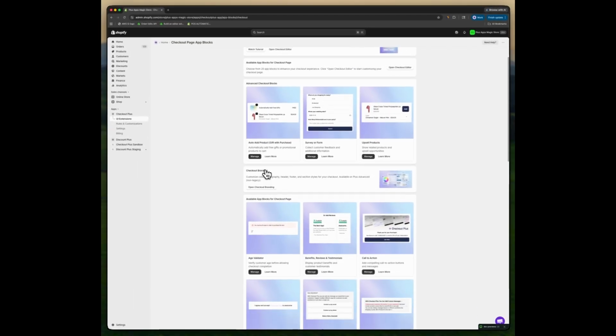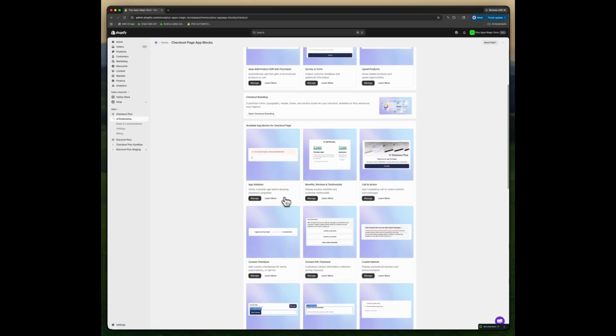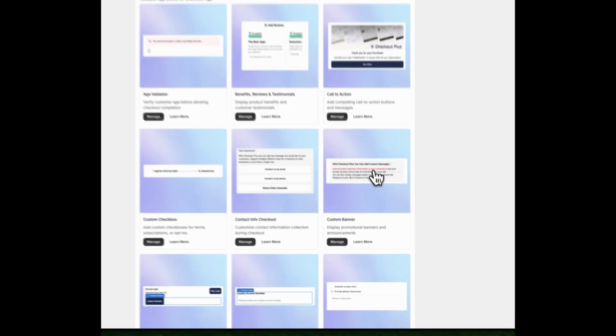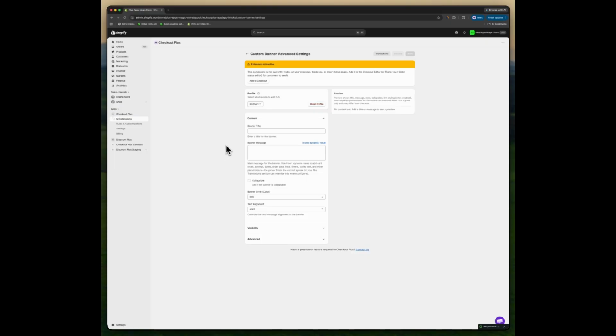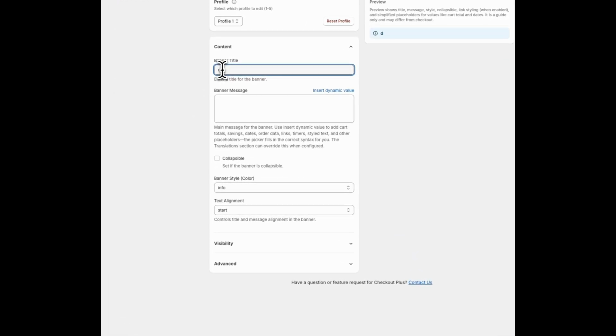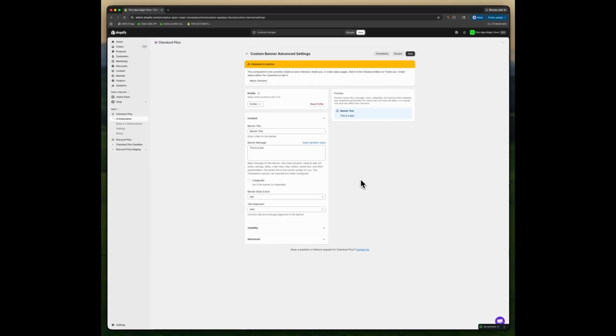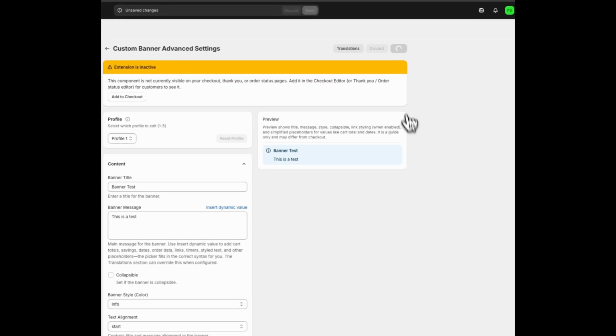So in this example, I'm going to go through a checkout customization translation, but it's going to be the same for all three. So in this example, I'm going to translate a custom banner message. In the settings of the custom banner message, you're going to want to set up your initial settings of the custom banner message if you haven't already. So go ahead and give the banner a title, a message, and any other settings that you would like to set up. And then once you are happy with your banner message, go ahead on the top right, click save,